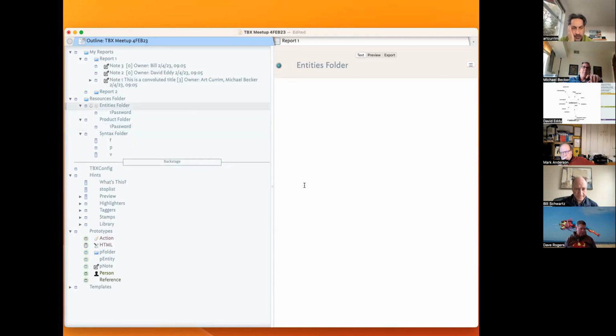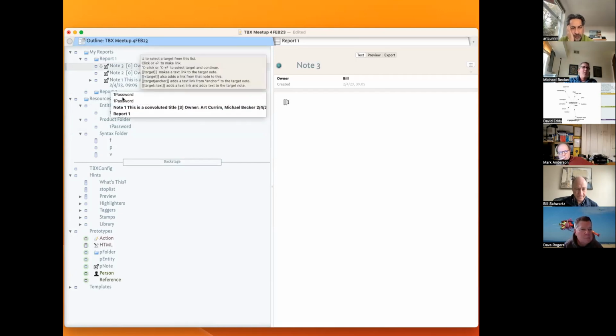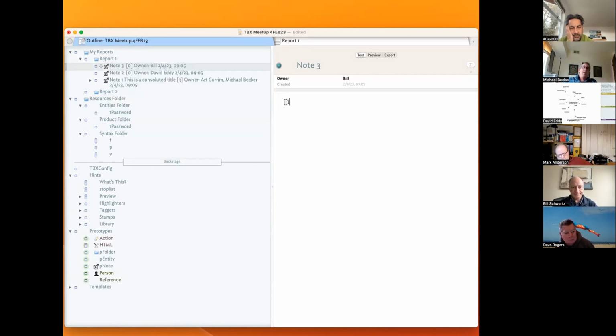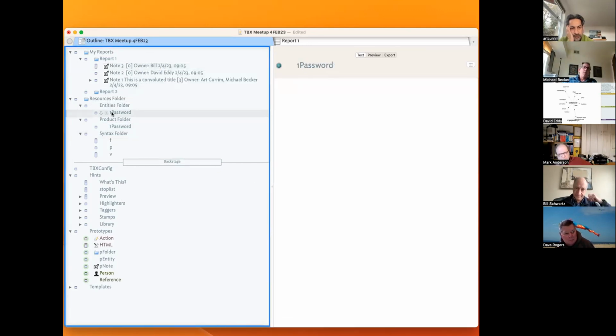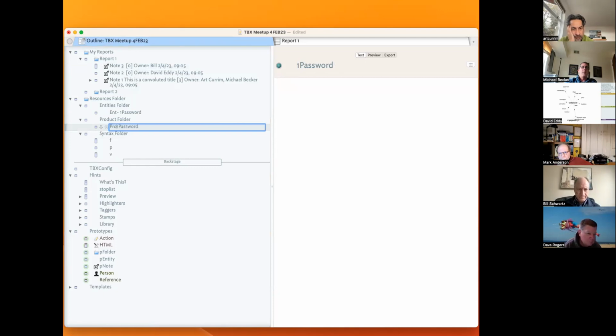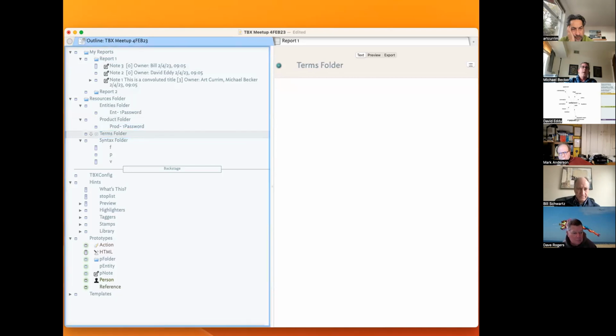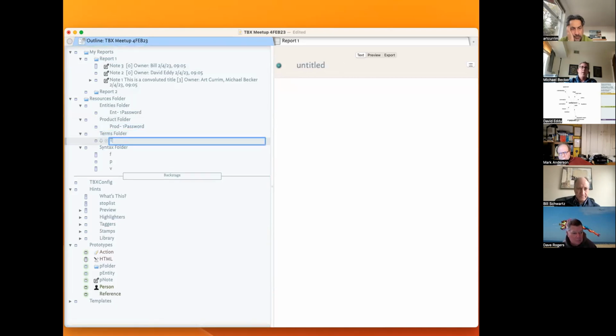And so how do I know? Let's say up here now I'm writing my report, and I want to do a quick little zip link. How do I know which 1Password I'm linking to? How do I know which action code I'm linking to? How do I do that? Well, you don't, unless you're using prefixes. So I've developed the convention where I'll say entity, product, and then the other big one I'll use is terms folder. And so this would be like term